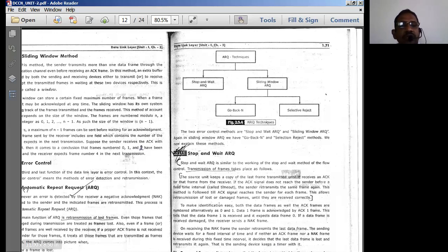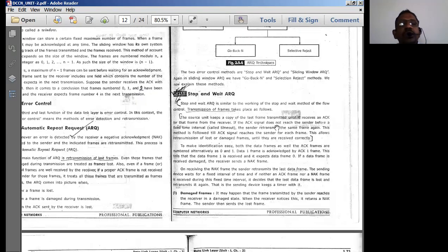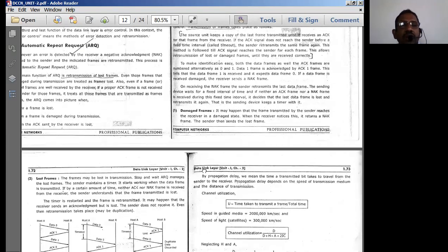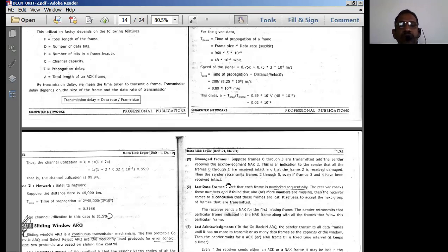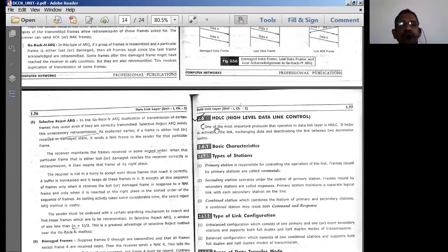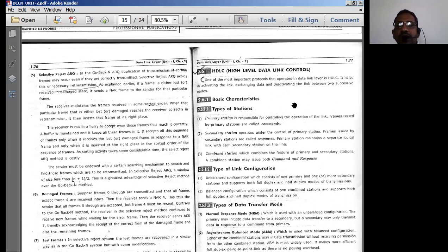This error control method is normally used to control the errors that happen in the transmitted data bits. After we discuss the error control method, we have to go on to the protocols normally used in the data link layer. HDLC, known as High-level Data Link Control protocol, is a protocol used in the DLL layer. So the data link layer has the HDLC protocol.